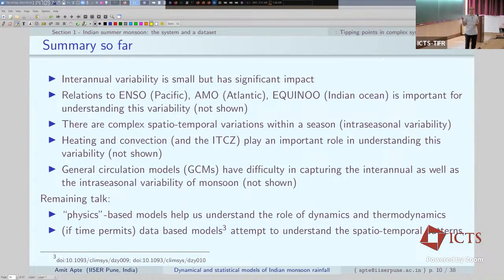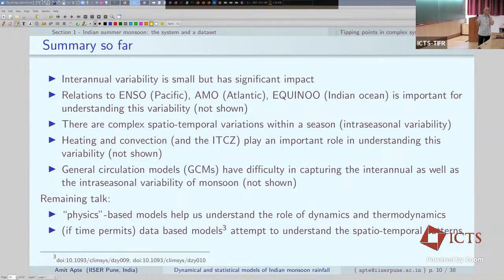All of this is related to the ocean dynamics, which I didn't talk about at all, but in fact, it's related to ENSO, which is mostly the Pacific Ocean phenomena. It's related to Atlantic Ocean. This is Atlantic Multidecadal Oscillation, AMO. And there is a relation between Atlantic Ocean and the monsoon. Of course, it is highly related to what is called Indian Ocean dipole. And I didn't talk about these at all, just stating it as facts for now. It has a complex spatiotemporal variation, even within a season and across different years. The physical mechanisms that go behind it are equally complex.